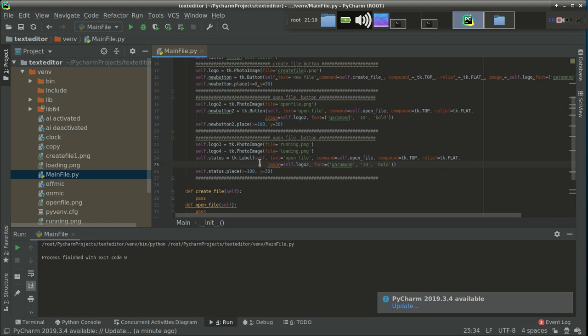What type of style it is going to use is relief, we don't want to display any text over here, and since it is a label, there is no need to use command. Similarly, there is no need to use compound, so just erase these lines, this text.